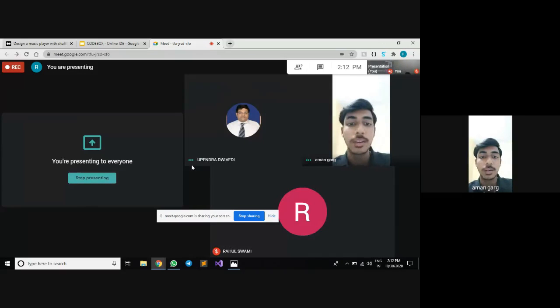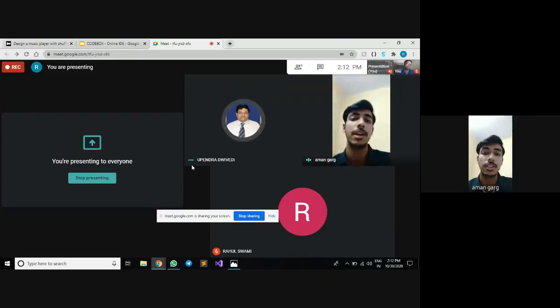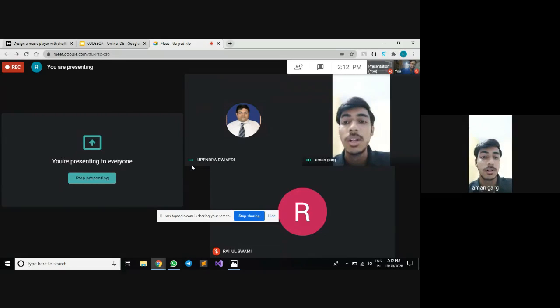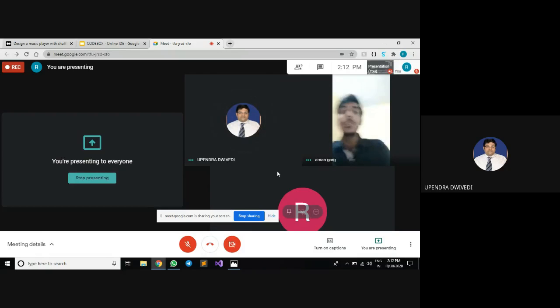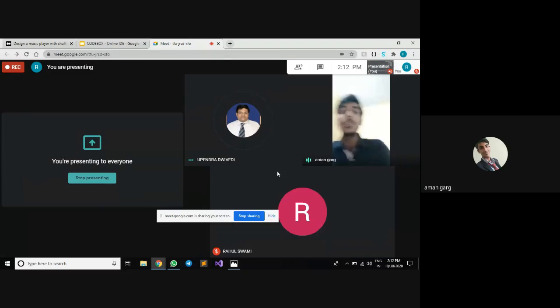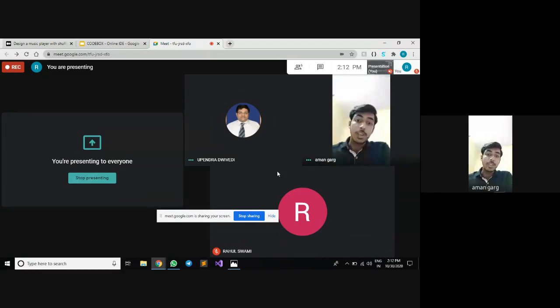Let us understand in this way that we are parting the project into modules. The first is front end, and second is back end. The front end part of the online IDE is based on HTML, JavaScript, and ACE editor.